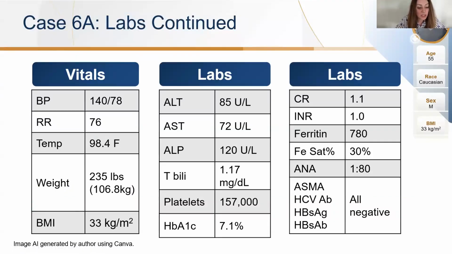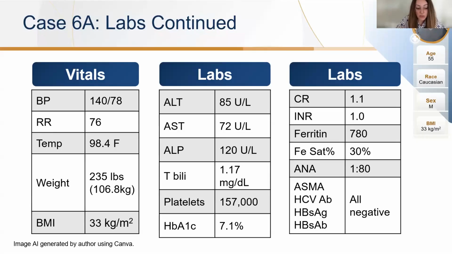So laboratory examination here, including his vitals, which are pretty unremarkable. Blood pressure seems well controlled. He's afebrile. He has a good respiratory rate. And focusing on the labs, we spot that his transaminases are elevated up to 2.5 times the upper limit of normal. We want the ALT to be below 30 for a man. Bilirubin is 1.17, it's borderline, platelet count is preserved, coagulation function is within normal limits, and the serologies were non-diagnostic,